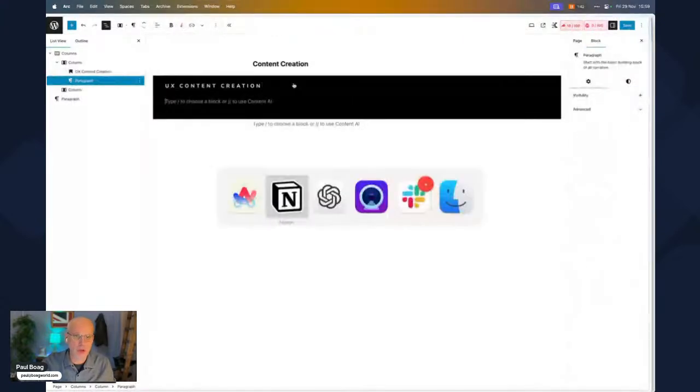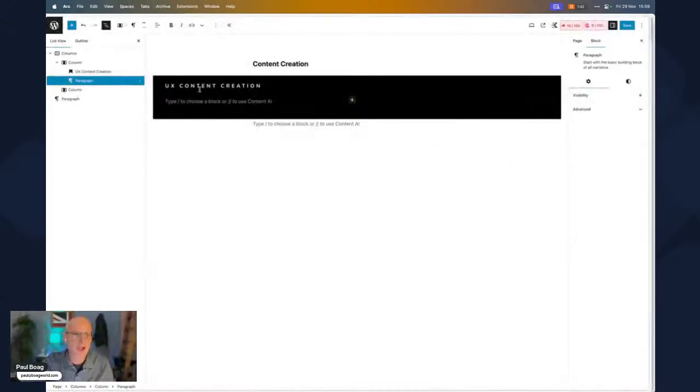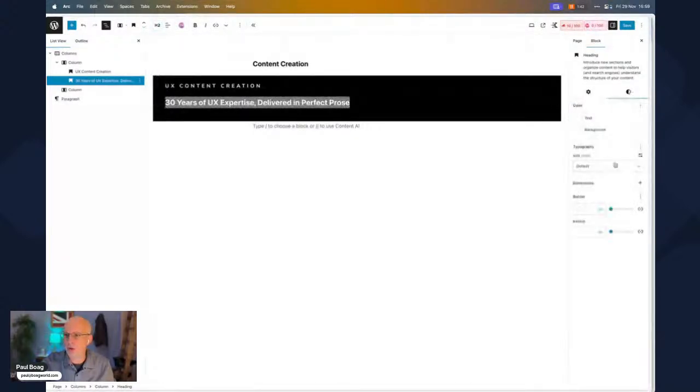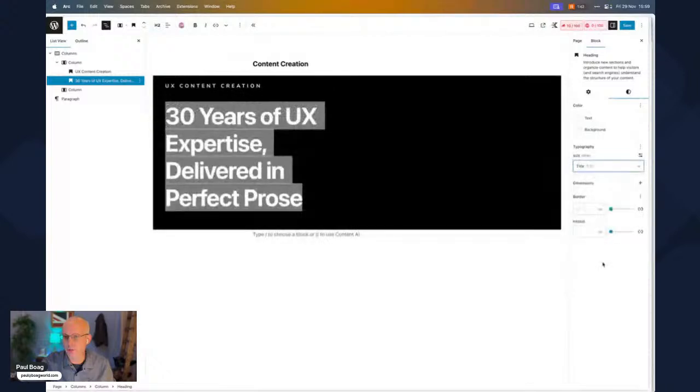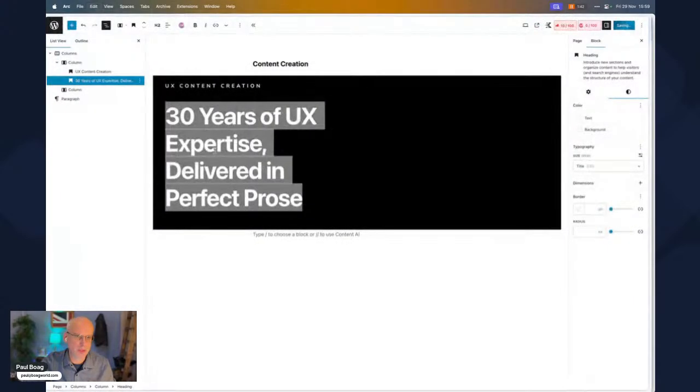Now our H2 is going to be this. Kapow. We've got to turn that into a heading. That's already gone with H2, but we're going to set the sizing as a title. So it's going to look more like that, which is consistent with the way I was doing it on the other pages.